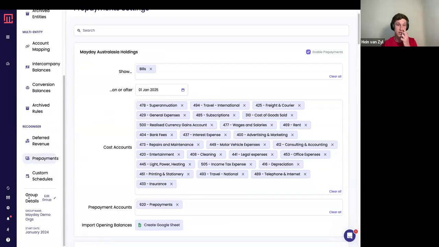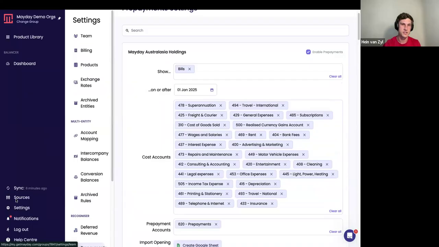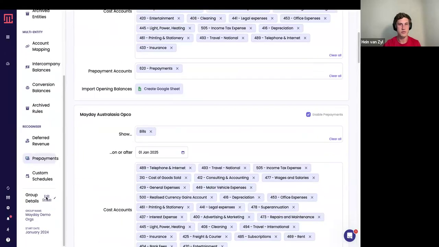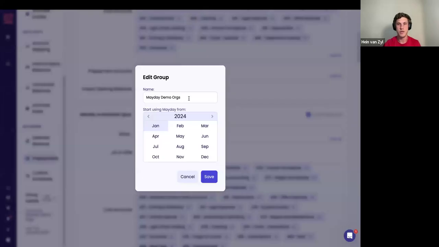The first one that I want to cover in here is your group details. So as I mentioned during the beginning, if you want to change any start date, you can head over here, jump into your settings. In your settings, scroll way down to the bottom, and then here you'd be able to edit your group. So you can change the group name if you'd like, or then you can change the start date if that is needed.